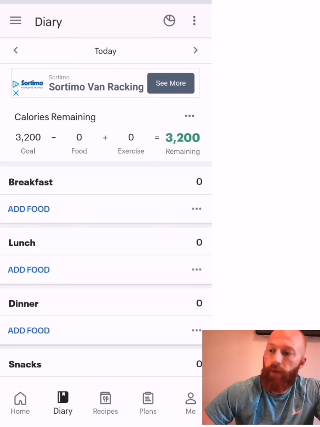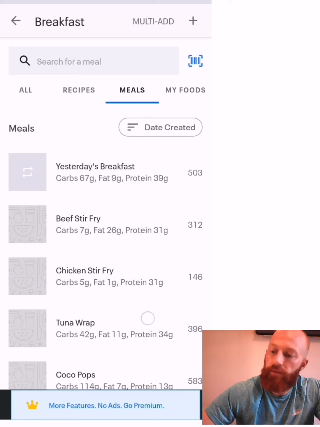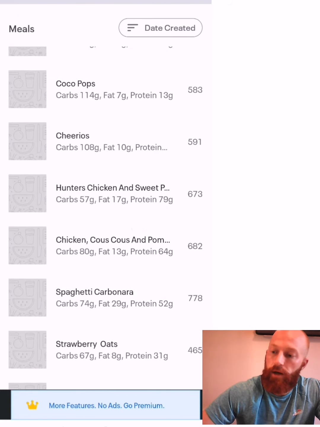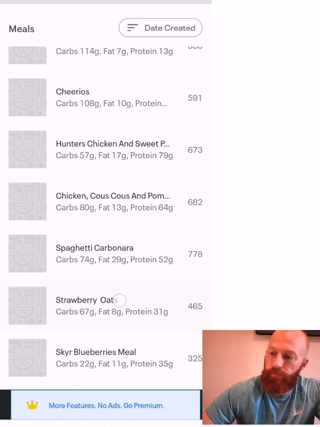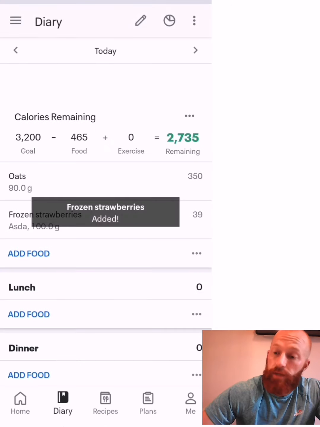So say we click breakfast, and then I know today that I've consumed strawberry oats for my breakfast. So the bar across the top, as you can see meals, we'd click meals, and then we'd scroll down until we find the breakfast that we consumed this morning, which was strawberry oats. I would click strawberry oats, and then as you can see we've got all the calories, the carbohydrate amount, the protein amount that's in that meal. We then go to the top of the screen and click select, and then that food is placed into our